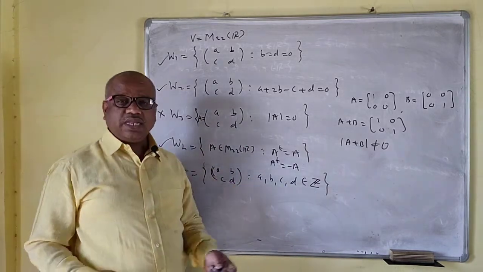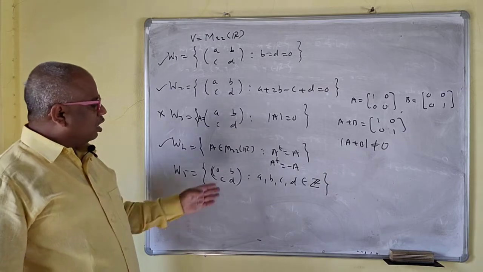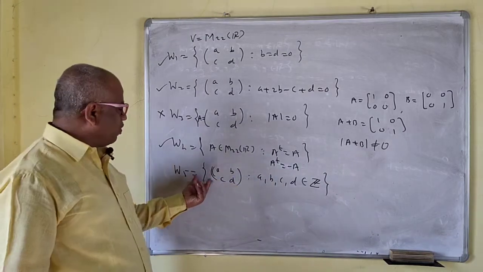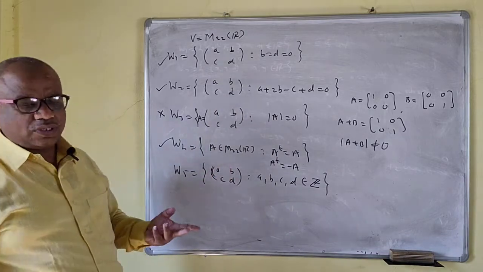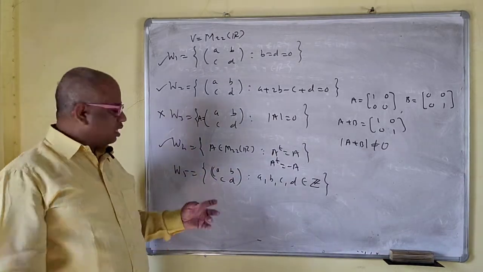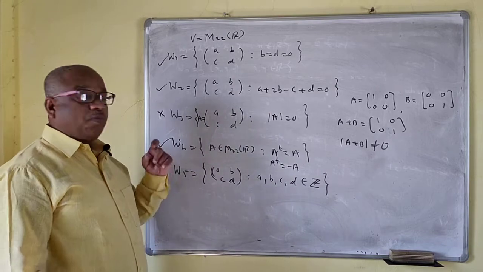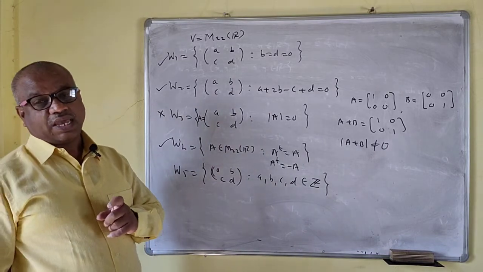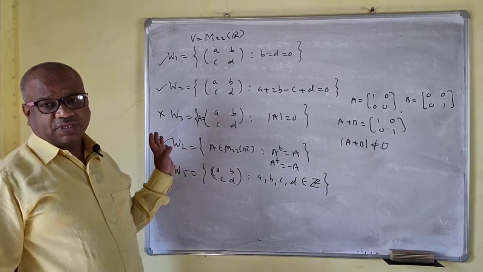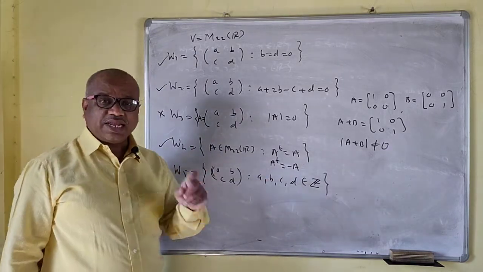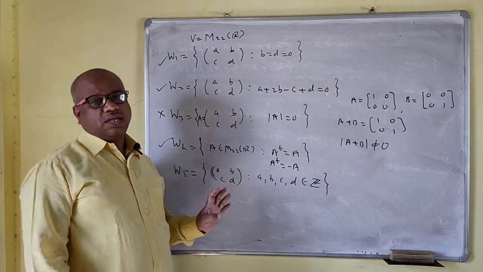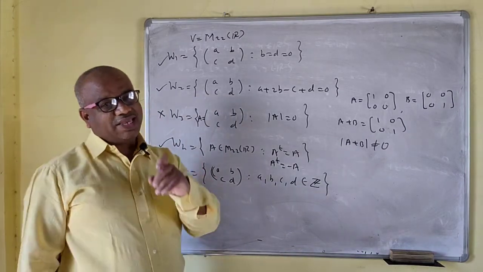Now this is A, B, C, D integers. So the 0 vector, the 0 matrix, has all entries 0, all integers. No problem for this one. The sum of integers, that means A plus B, also belongs. But what about the last one? K is any scalar, and this is A, B, C, D. Any scalar times an integer will not be an integer, because if K is an irrational number and A is an integer,